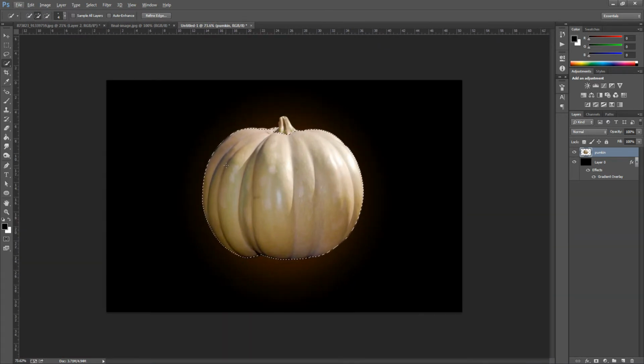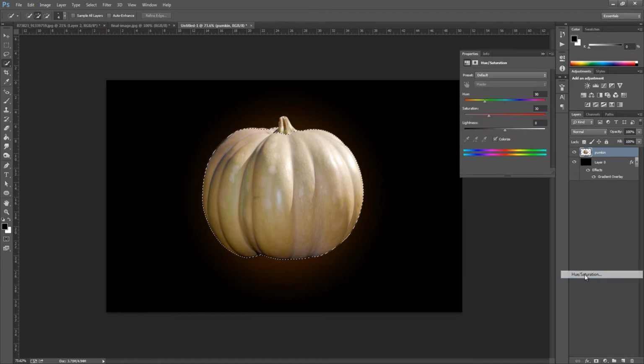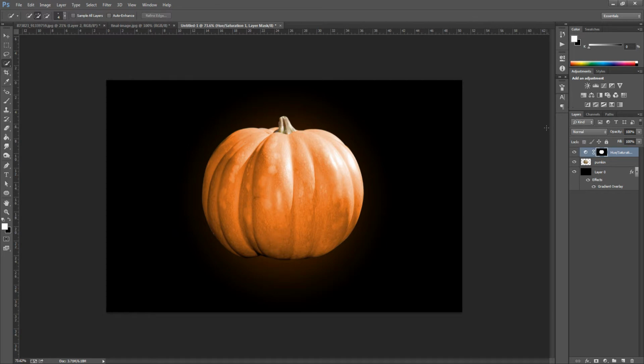So all we're going to do from here is add an adjustment layer. Bottom right hand side, you see a little circle that's black and white, click that, and we're going to go to hue and saturation, and we're going to go to colorize, and we want to make sure that the hue is on around about 25 for this, 75 for the saturation, and then 0 for the lightness. We don't need to play around with that. And obviously you can stop the video and have a look and close that.